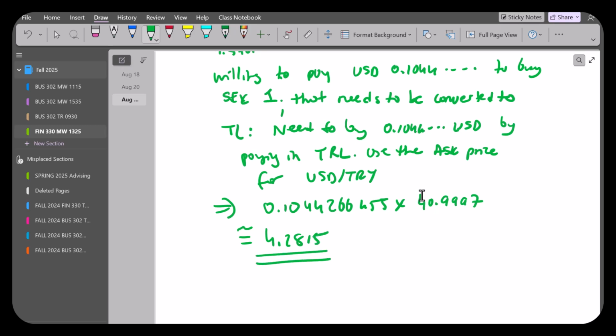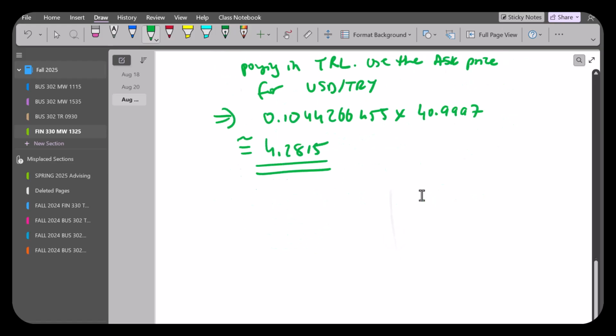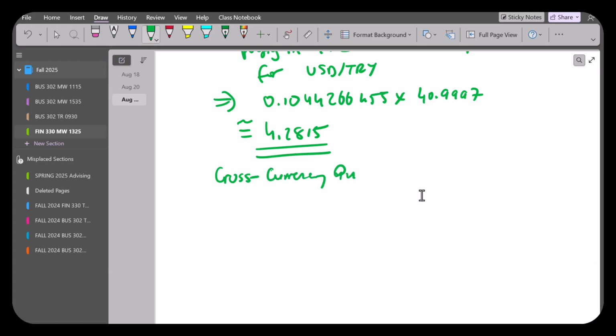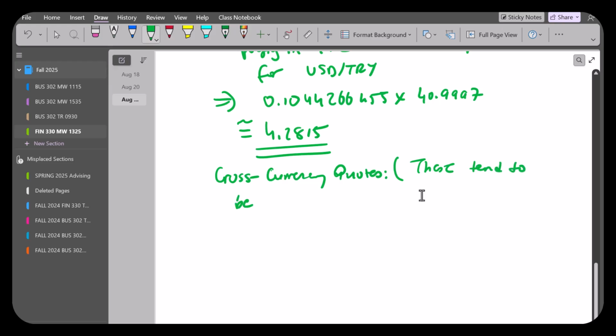Similarly, you can make calculations for the ask price as well. These are called cross currency codes. I'm going to make you do only calculations for just the average of the bid and offers, but these tend to be wider than the